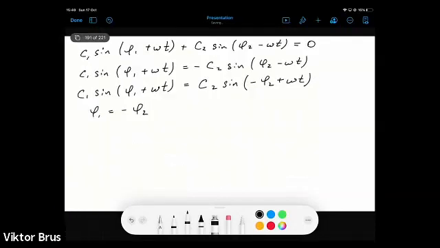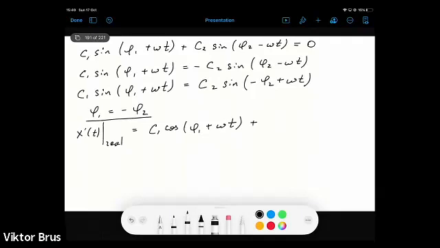So if we now, for this x prime as a function of t, for the real part, substitute the condition when φ1 is equal to minus φ2, it will be C1 times cosine (φ1 plus ωt) plus